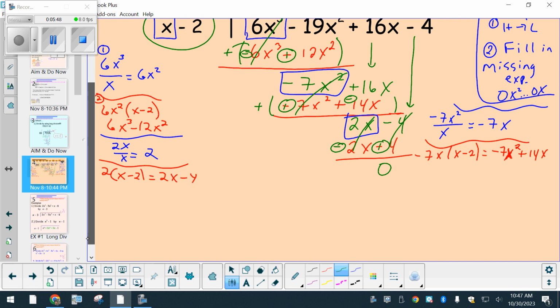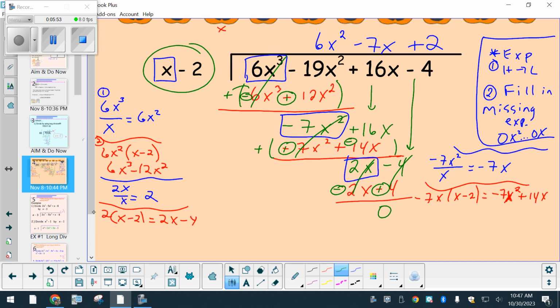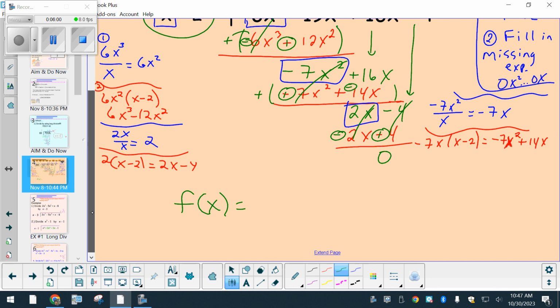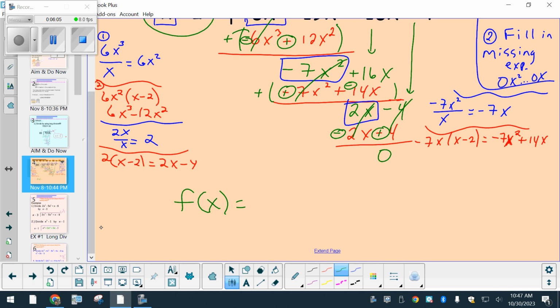And f of x, right? Just wait. So we have f of x would be equal to, right, our trinomial, the blue, 6x squared minus 7x plus 2 times x minus 2. These two, if you multiply them, would give you that 6x to the third, which is kind of like